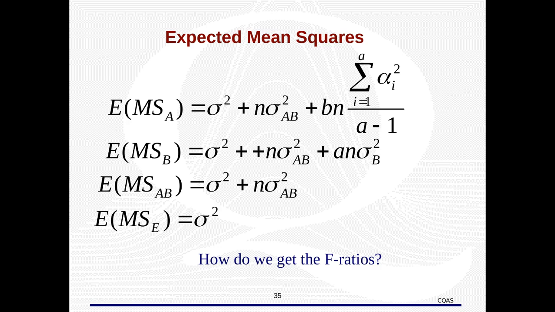The expected mean square for the error term, denoted by EMS_E, is a crucial component of this process. It represents the average squared difference between observed and predicted values when there's no real effect present. In other words, it's an estimate of the variability in our data that's due to random chance rather than any systematic differences. This value is often denoted by sigma squared, and it plays a central role